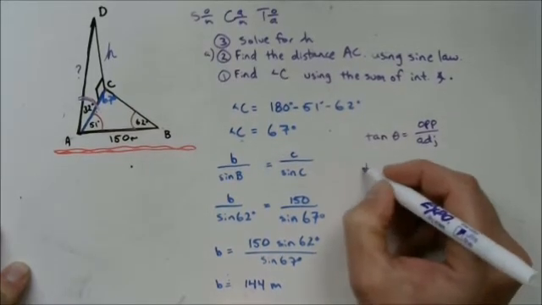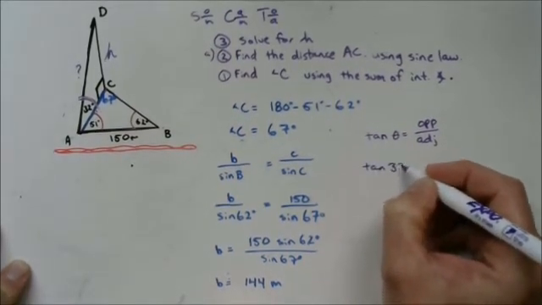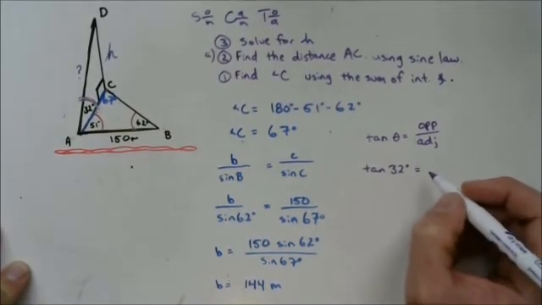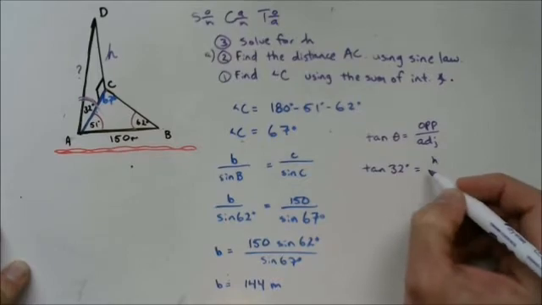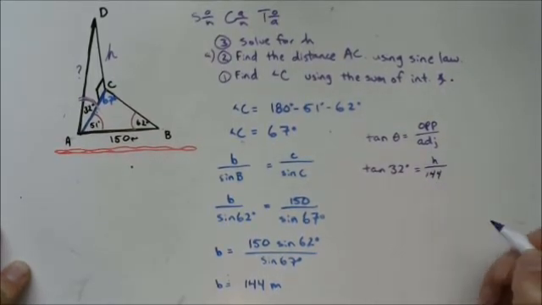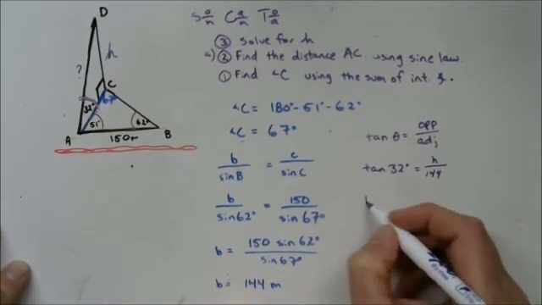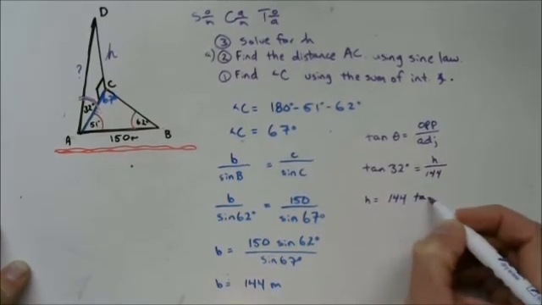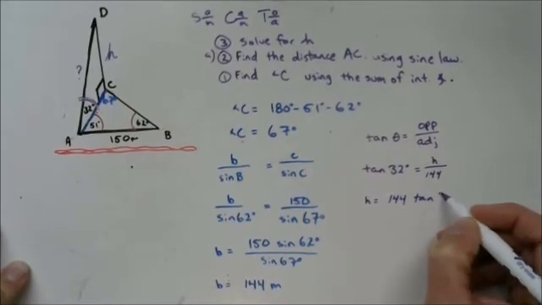So fill in what we know. We're looking from an angle of 32 degrees, so the tangent of 32 is equal to opposite, which we don't know, over adjacent, which we just found, 144. Now to solve for h, all I have to do is multiply both sides by 144,